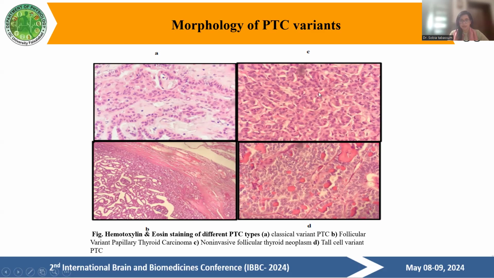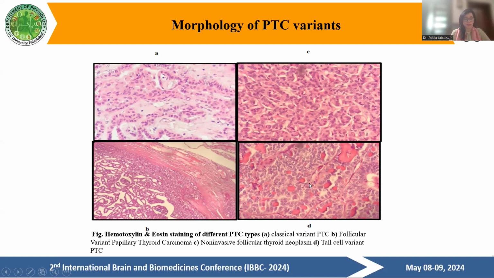You can see that still the cells are not fully going toward the metastasized condition. This is basically the pre-malignant lesion that can give us an idea that the next coming stage, maybe these tissues will get metastasized. And the next one in the D section, the tall cell variant of the papillary